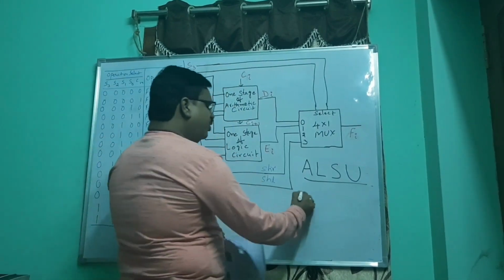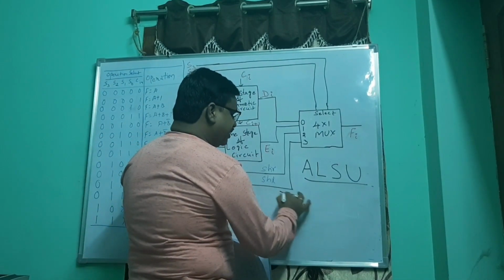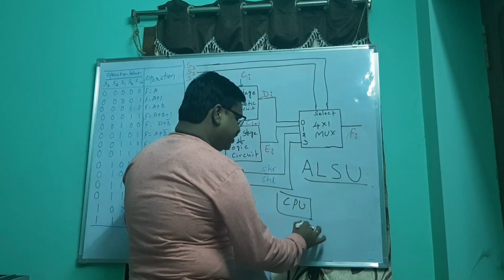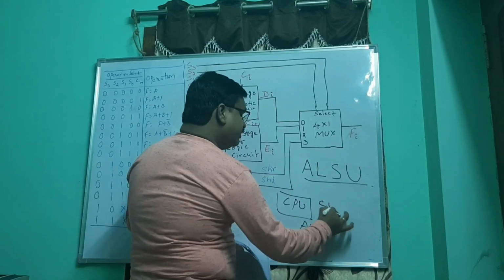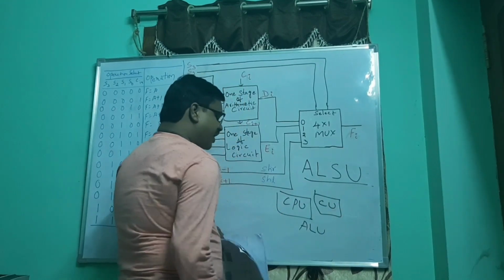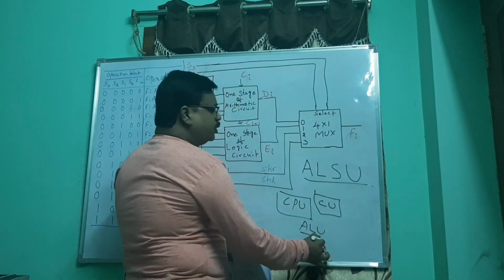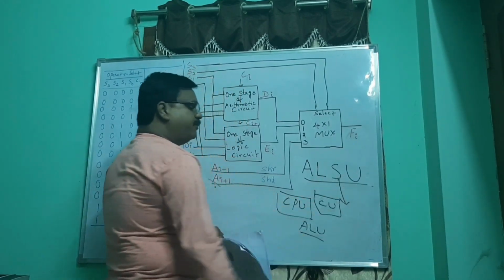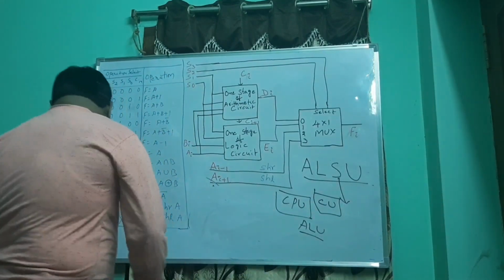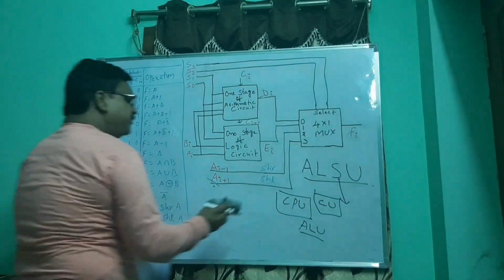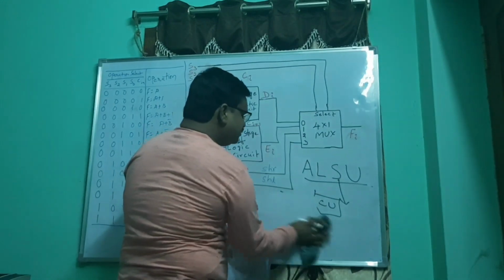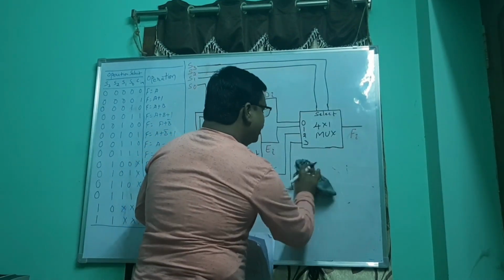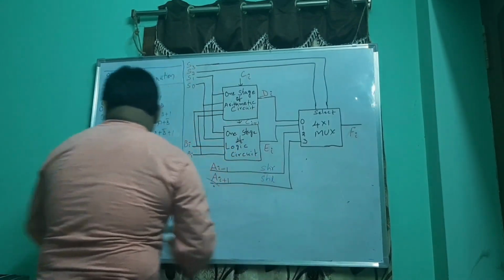As you know, one of the important parts of your CPU is the ALU along with the control unit, CU. This ALU is going to perform arithmetic and logical operations. Here we are adding an extra operation, shift operations also. So let us discuss this diagram that is meant for performing all these three operations together.